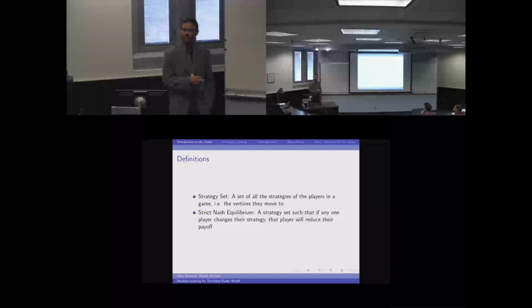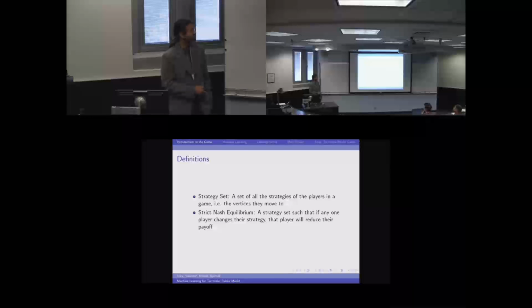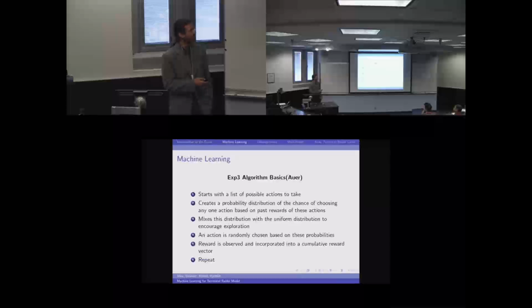You have a bunch of individuals that can pick a bunch of places to go to. Now when I talked to Martin Novak, he suggested that this is just a natural thing to use a machine learning algorithm, in particular multi-armed bandit. And so this is the algorithm that we used. It's the EXP3 algorithm. We just used EXP3 because it was relatively easy to code and it was already working well.